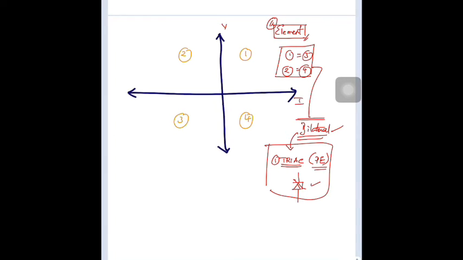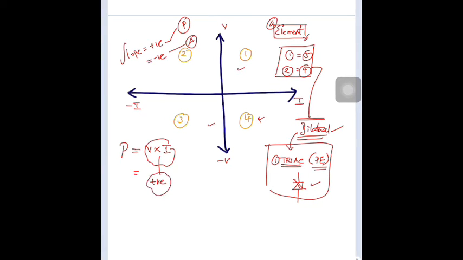And coming to passive and active, if the slope of the element is positive we call it a passive network, and negative we call it an active network. And what is the meaning of positive and negative here? We know that power is equal to V into I, right? In the first quadrant, and in the third quadrant, it is minus I and minus V, so the product of V and I is positive. Positive in the sense that power is being taken by the element, and negative in the sense that power is being delivered.